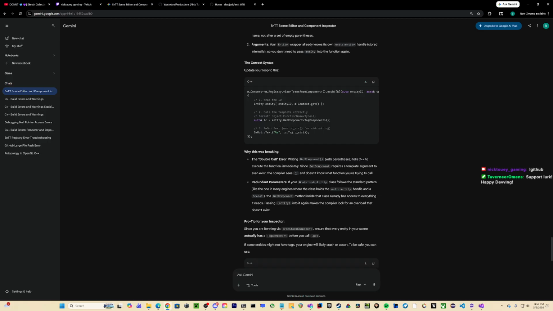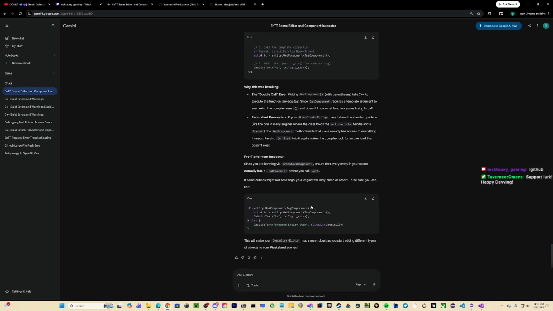Double call error. Reading. Entity get component. It needs passing entity. Some entities might not have tags.